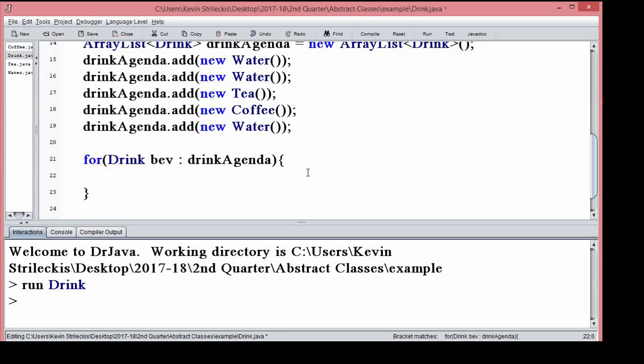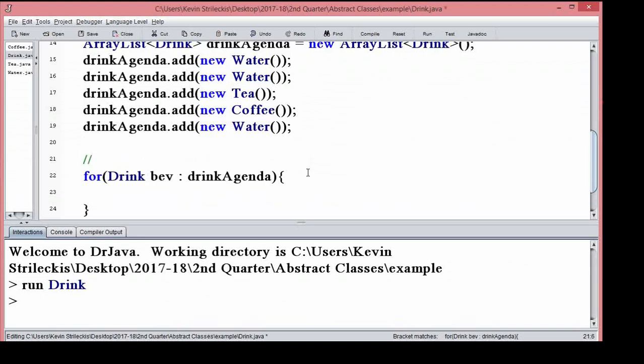Oops, that was silly because this is a for each loop, so I don't have any of that i equals 0, i through the size kind of thing. The equivalent of this where I'd say for i equals 0, i is less than drinkAgenda.size(), ++i.